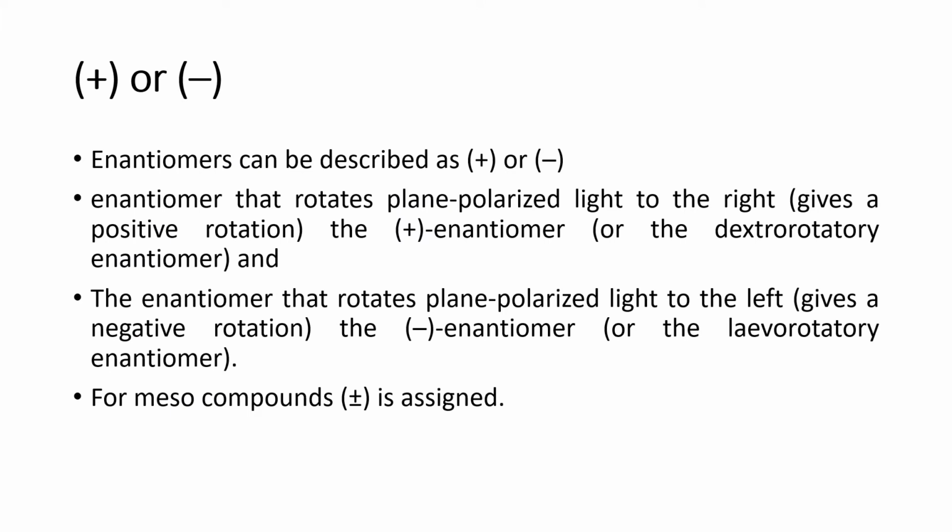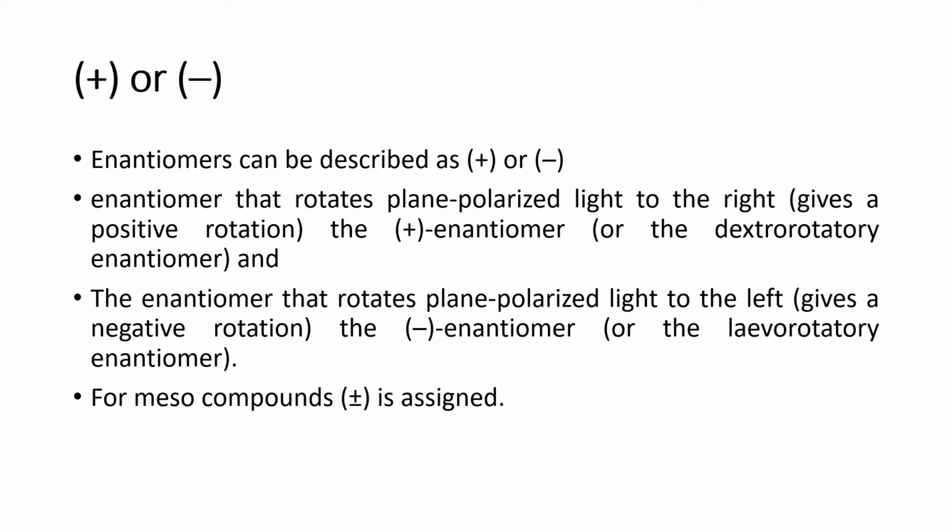The first nomenclature is the plus or minus symbol. In the previous video, I explained the plane polarized light, and how an enantiomer will rotate plane polarized light. If an enantiomer rotates the plane polarized light towards the right side or clockwise direction, it is called dextrorotatory. So the dextrorotatory has the symbol plus,